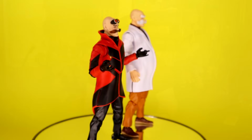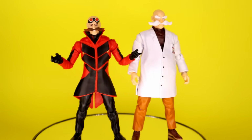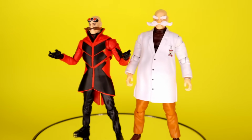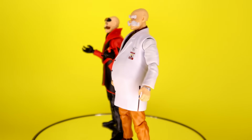But as great as both of these figures look together, it would be nice to get them in their newer updated outfits. So maybe we can get a brand new 2-pack with them in their new costumes. Part of me wants to say, yeah, sure. But another part of me is also realistically thinking that this might be the last wave of the movie figures,